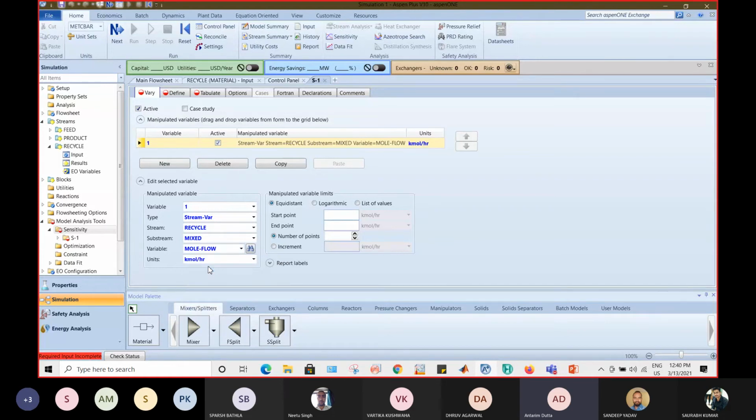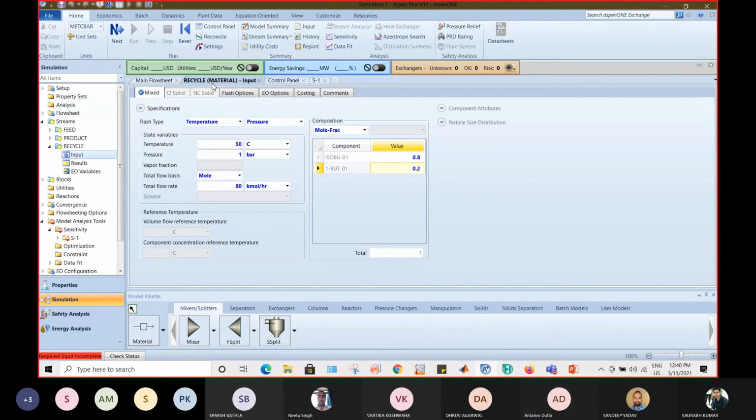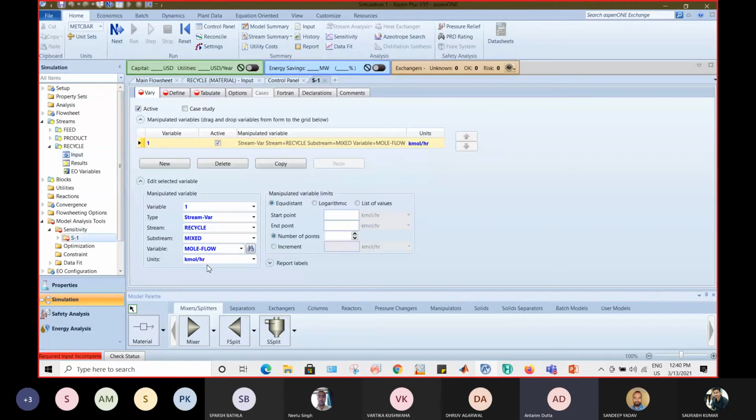मोल फ्लो क्यों है, क्योंकि मोल फ्लो इन टर्म्स ऑफ किलो मोल पर आवर आपने यहाँ पे डिफाइन कर रखा है। 100 किलो मोल पर आवर, 80 किलो मोल पर आवर, तो हम किलो मोल पर आवर के रिस्पेक्ट में उसे वेरी कर रहे हैं। अब हमें ये पता है कि 100 पे 0.9 था, 80 पे 0.91 है, ये और डिक्रीज होगा। तो हमें ये पता नहीं कि भाई कहां तक ये डिक्रीज होगा।